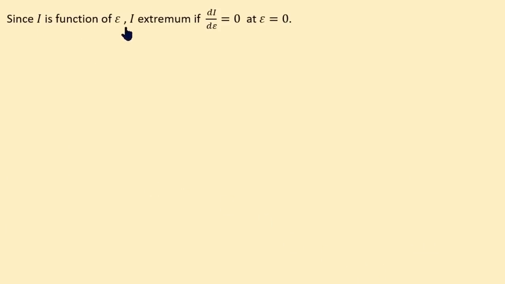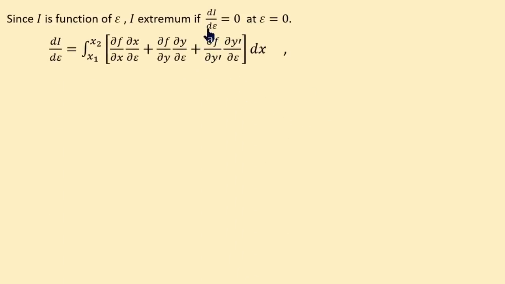Since I is a function of epsilon, I is extremum if dI/dε equals 0 at ε equal to 0. Now, how to find dI/dε? By the derivative under the integral sign. Here it is the partial derivative of f with respect to epsilon, but f is a function of three variables x, y and y dash. By the total partial derivative, which you studied in first semester, it becomes